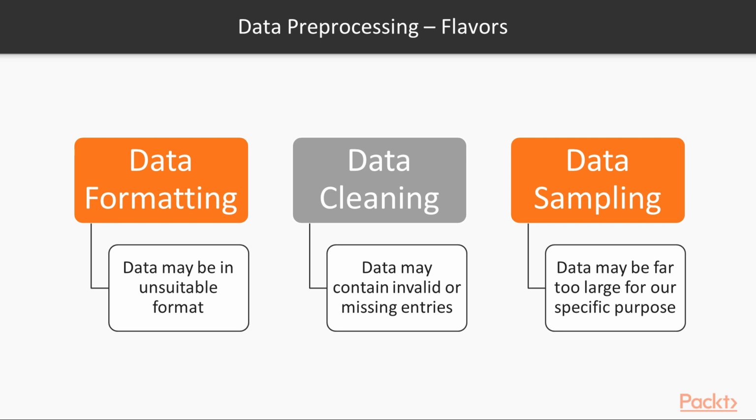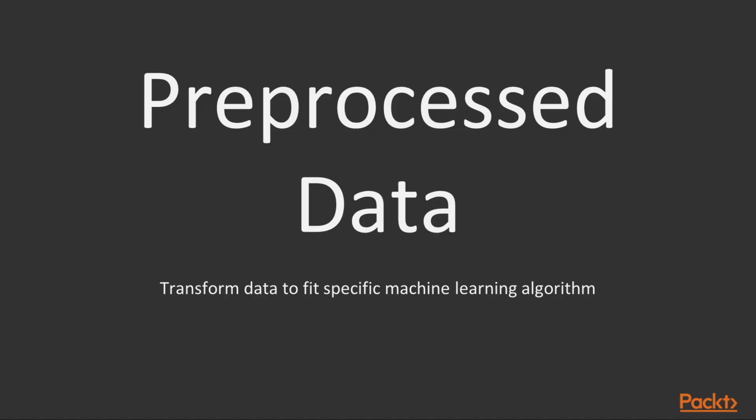Data cleaning is best explained as the data may contain invalid or missing entries, which need to be cleaned or removed. Next flavor is data sampling. The data may be far too large for our specific purpose, forcing us to sample the data in a smart way. Once the data has been pre-processed, we are ready for the actual feature engineering, to transform the pre-processed data